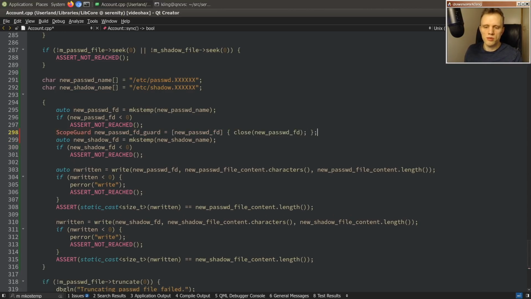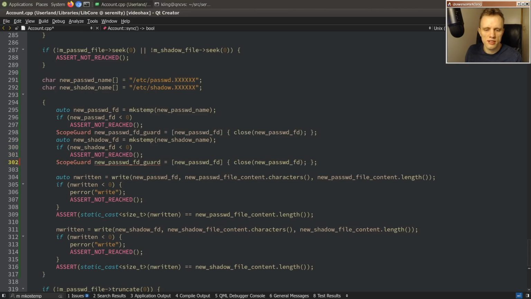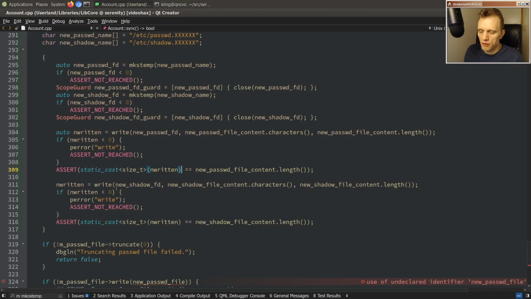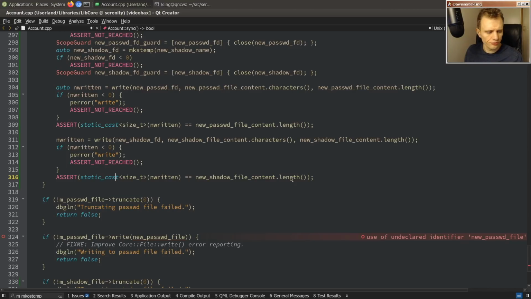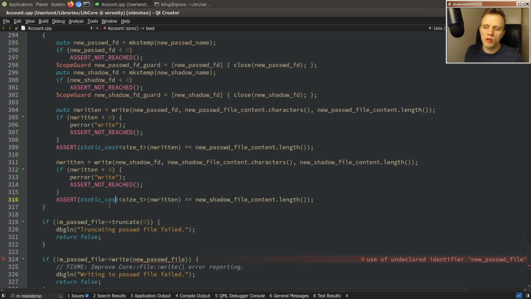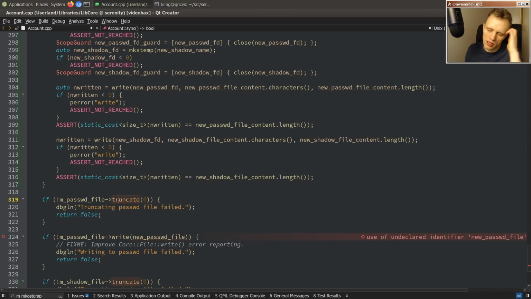Yeah, I just like to close things in this way so that when you have many ways to return from a function, it's nice if you don't have to repeat yourself and say close everywhere. So we'll just make these little scope guards to take care of that. Okay, and then we exit the scope and we've closed those things, and now all we have to do is to rename those